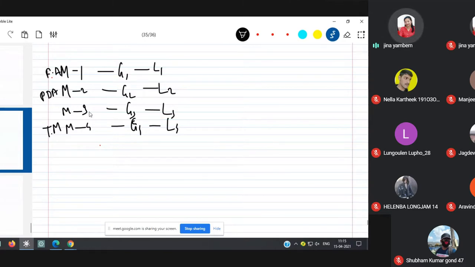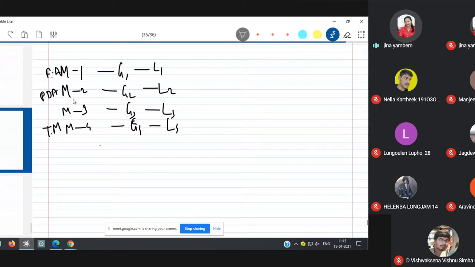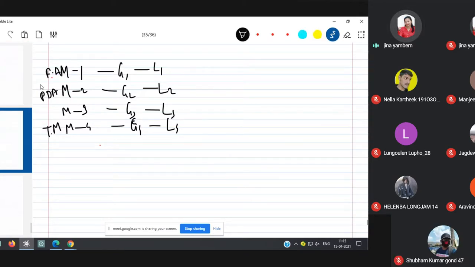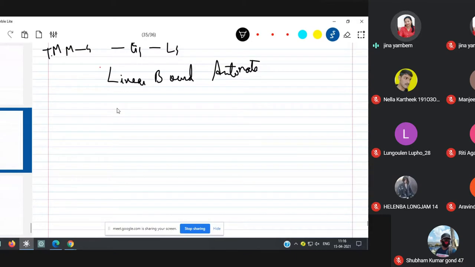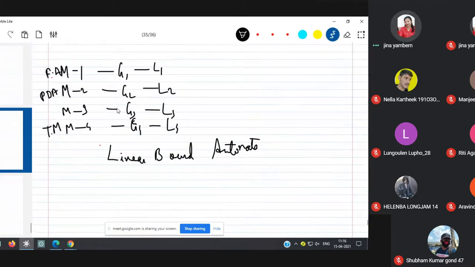So today's class, what we're going to talk about is this third machine. The name of this third machine is known as linear bound automata. In another term, we can consider this machine as a modified version of Turing machine. That's why instead of explaining this particular machine first, I've explained the Turing machine first, and then I'm moving back to this third machine, which is known as linear bound automata.